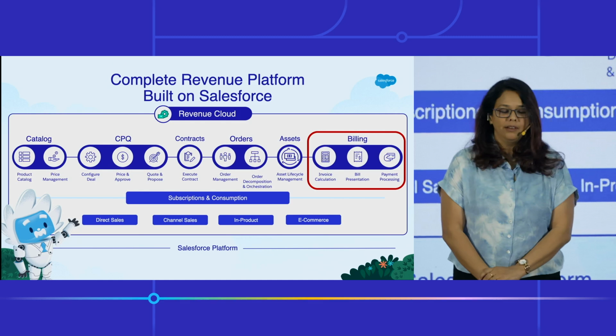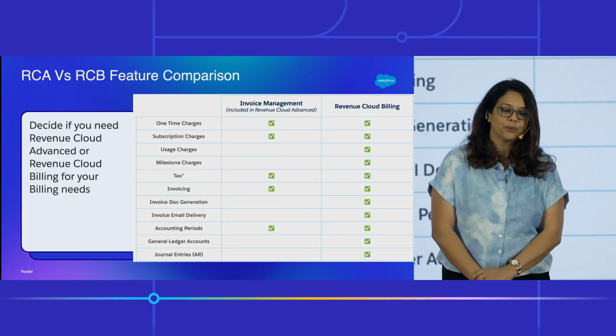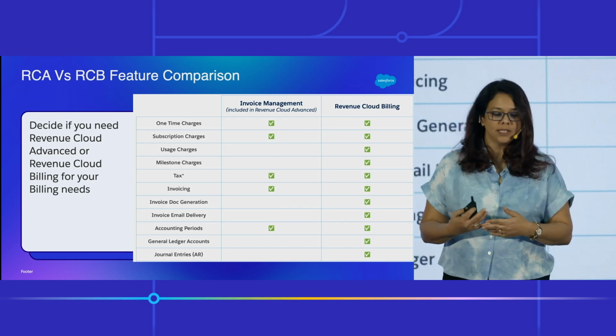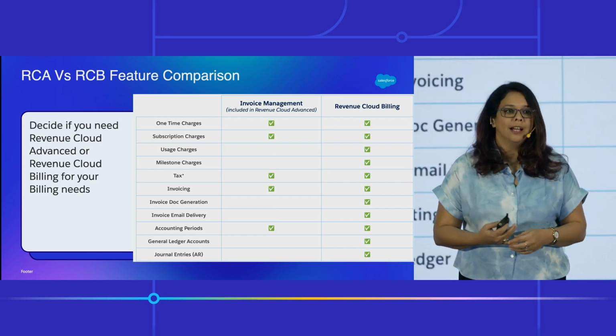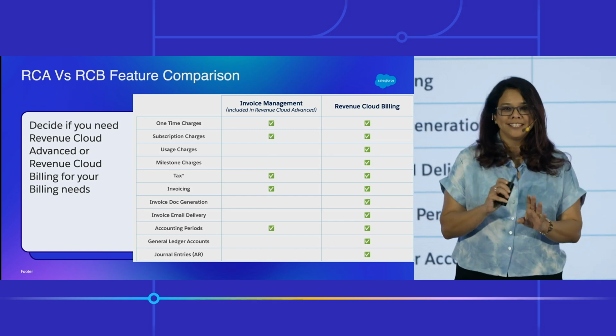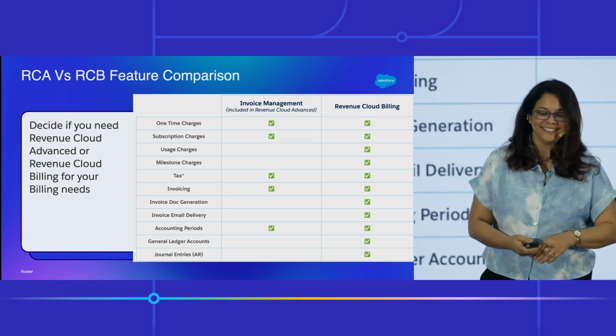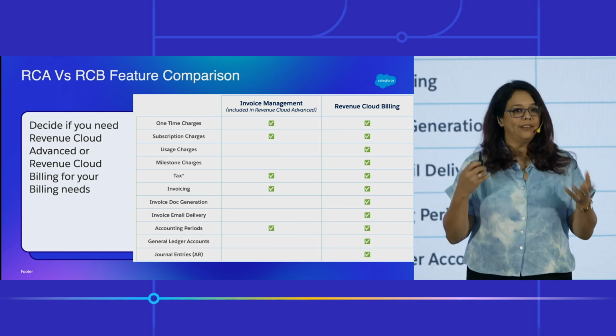So in Revenue Cloud, you have two options. We have two licenses, Revenue Cloud Advanced and Revenue Cloud Billing. So all the RCB friends, this is not that. This is Revenue Cloud Billing. Okay. So you have to decide whether you want to use